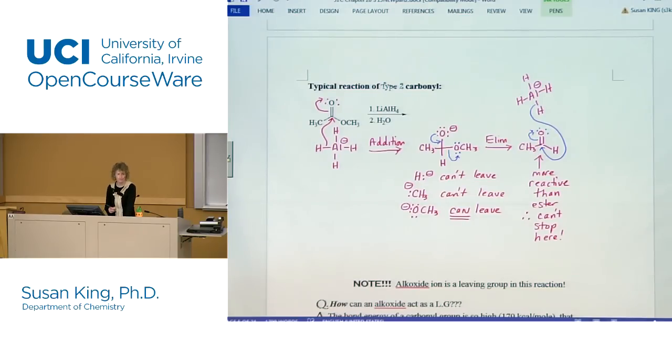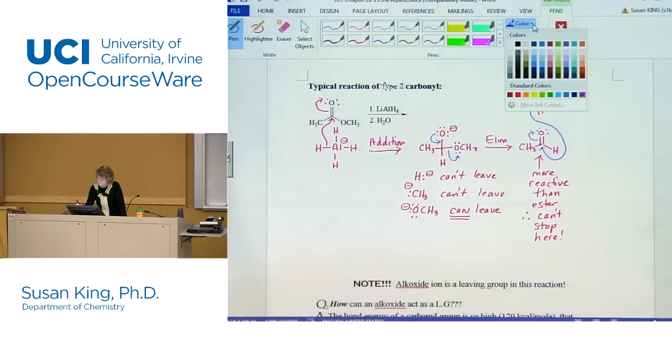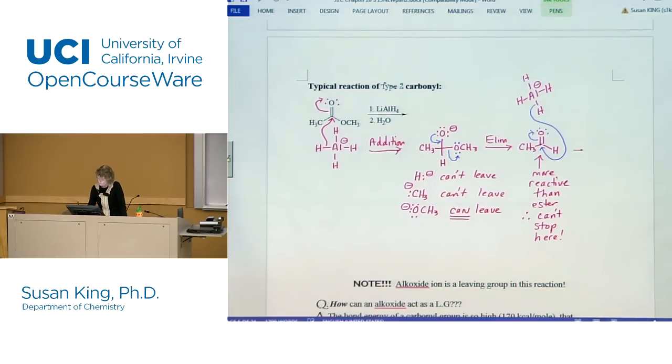It's going to add one more time. Now we're going to get addition only. Why? Because that's a type 1 carbonyl. It doesn't have a leaving group. But in case we didn't notice that already, let's just draw the product, the tetrahedral intermediate that we get, and